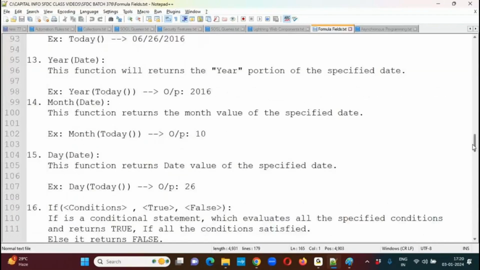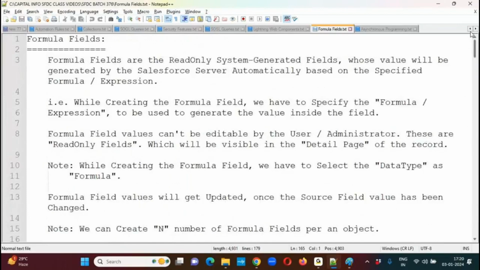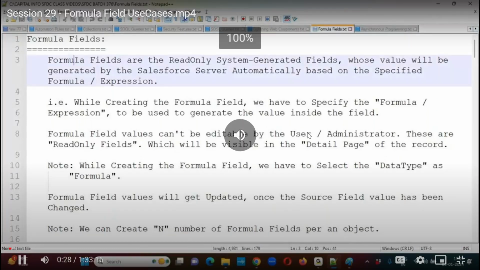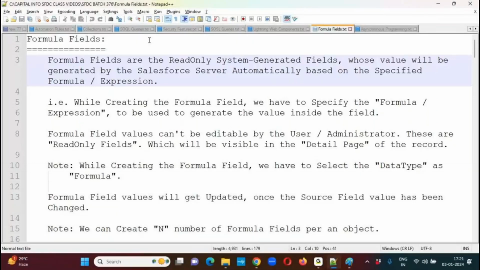So in the previous session, we have discussed formula fields, what exactly a formula field is, how we can configure formula fields in Salesforce, and upon preparing the formula field,